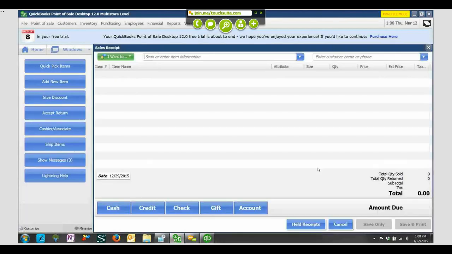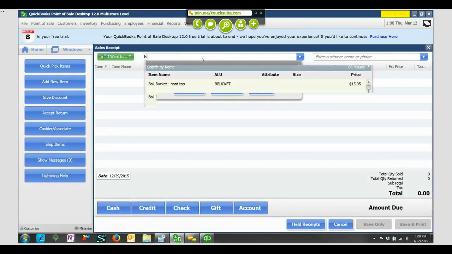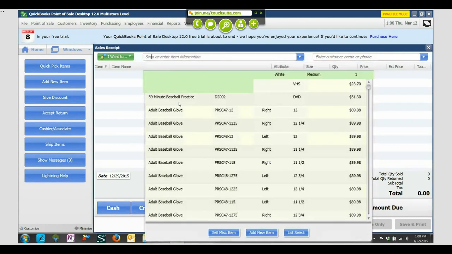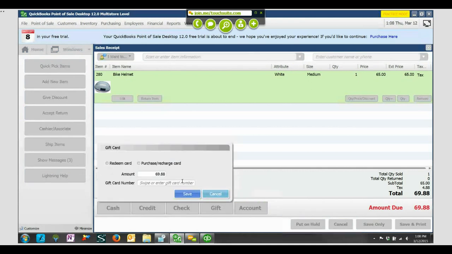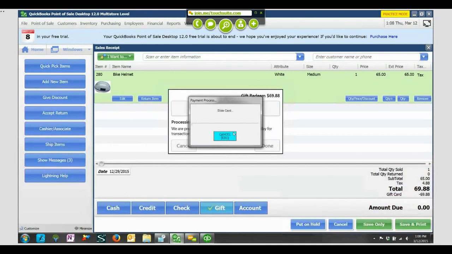And then in addition to that, what they can also do is run their gift card transactions from here. So if we say, for example, bike helmet, then at that point we're going to use a gift card and run the redemption of a gift card. So we're going to redeem that for $69.88. It's going to wait for that gift card, and at that point we just swipe the card essentially, and